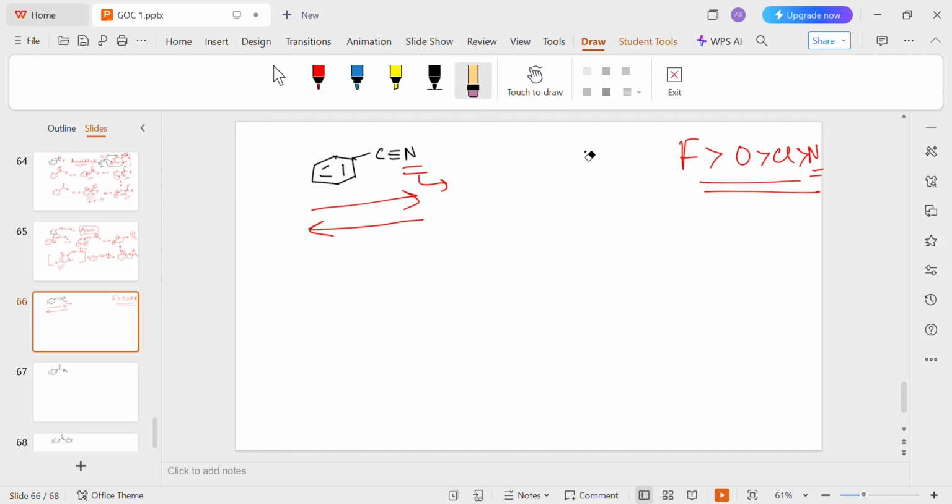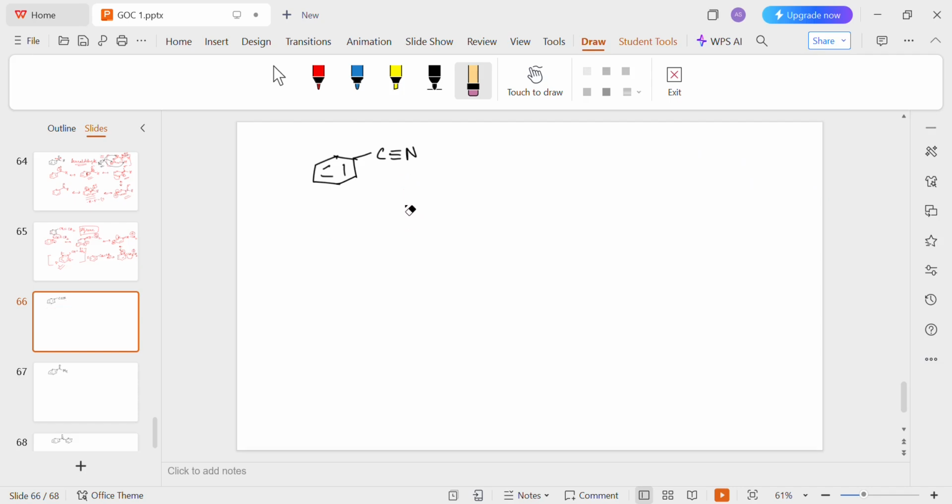So nitrogen being more electronegative, it will pull electron density towards itself to give a stable set of contributors. Okay, so अब जब इलेक्ट्रोनेगेटिव एलिमेंट पुल करता है इलेक्ट्रॉन्स, तो फर्स्ट कंट्रीब्यूटर तो उसके पुल करने से ही आ जाता है. ओके, आप देखो